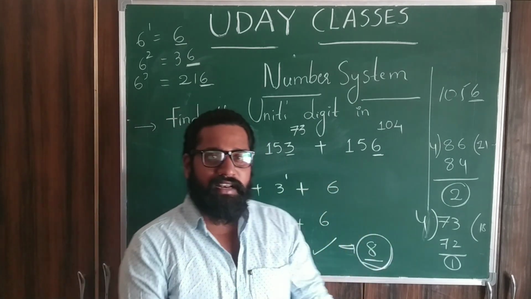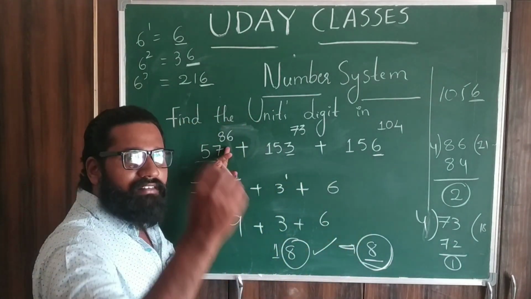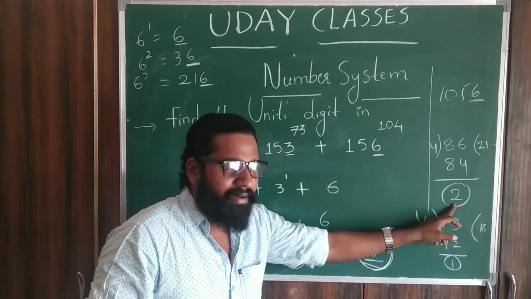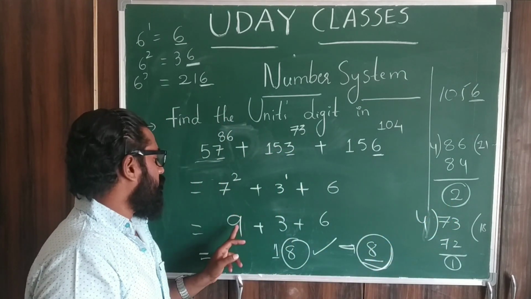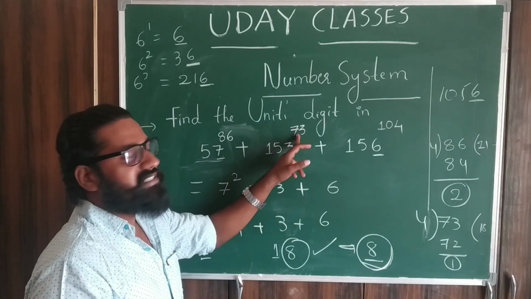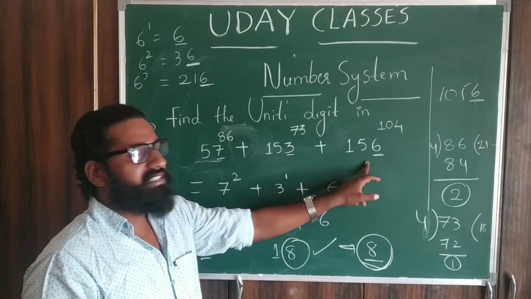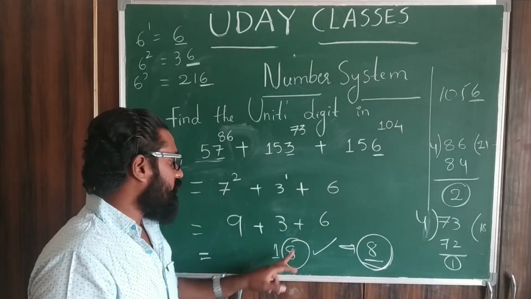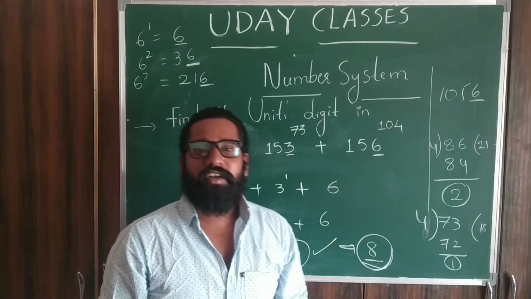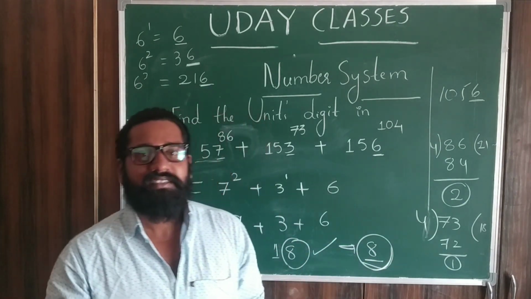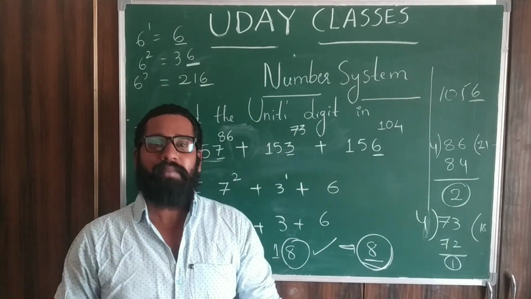Is that clear, everyone? Very, very simple. Any unit digit is asking, so just you can divide the power with 4, then you are getting some remainder. Again write that remainder as power of the last digit. So you are getting 9, here 3 power 73 means 73 remainder is 1, you are getting 3 power 1. So 6 power anything is 6. So you will get 18 if you add all those. In this 18, 8 becomes the unit digit because that is the last. So this is the way to find unit digit of any given power.